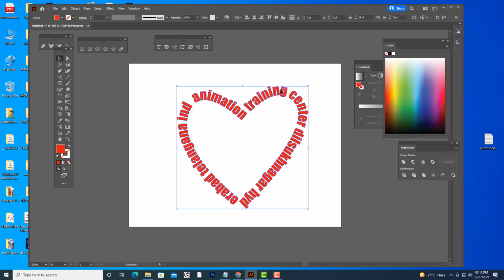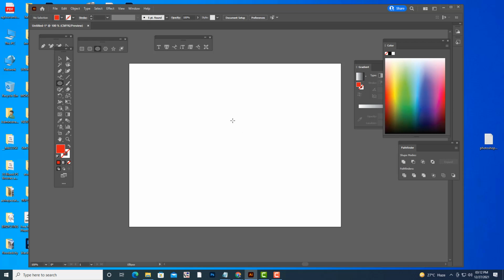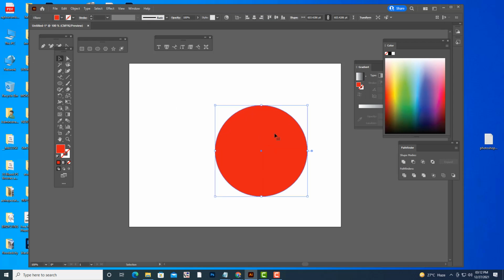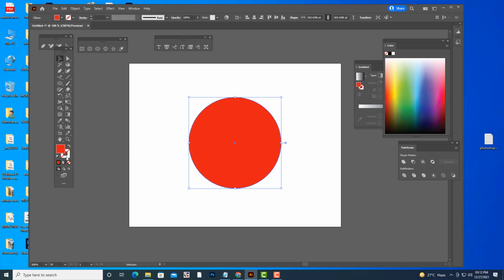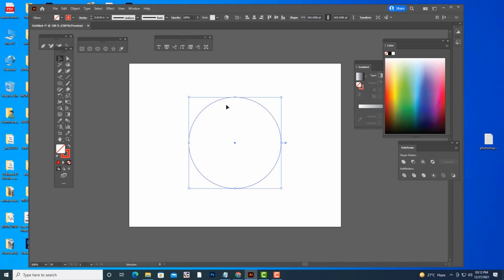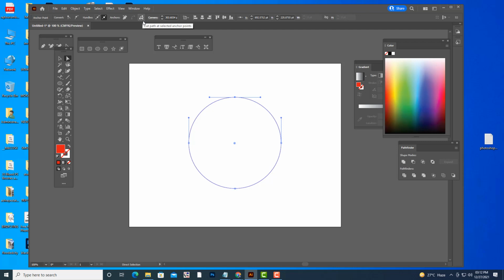Okay, so what you are asking is you want this circle to become a path. So you have to first select the stroke, turn off the fill. Then we will expand, Object, Expand. And now this is a path, and you can cut this if you want. Select the path, select the point, and here we have an option like scissor. You can see the scissor icon. Just click on that. Now it has become a path.